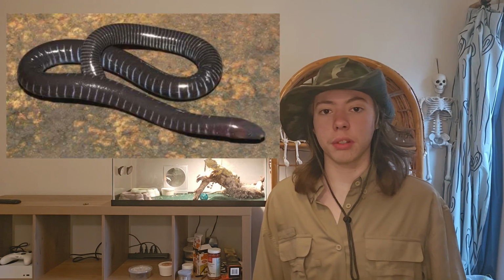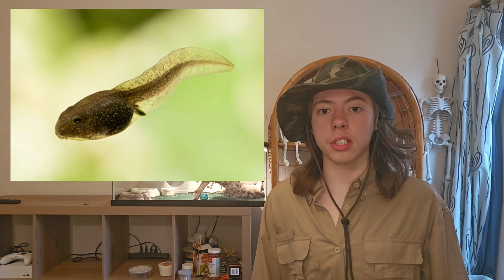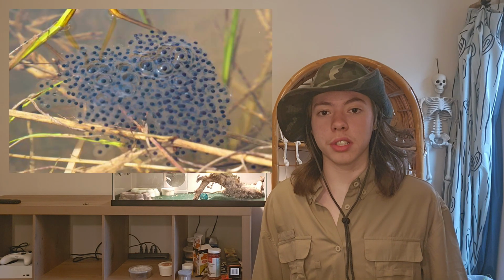First, let's get the general information about amphibians out of the way. There are 4 groups of amphibians alive today: frogs, toads, salamanders, and caecilians. If you don't know, caecilians are legless burrowing amphibians. All amphibians have an aquatic stage in their life cycle. Amphibian eggs have to be laid in the water or else they will dry out.